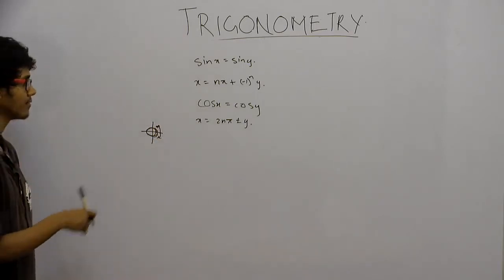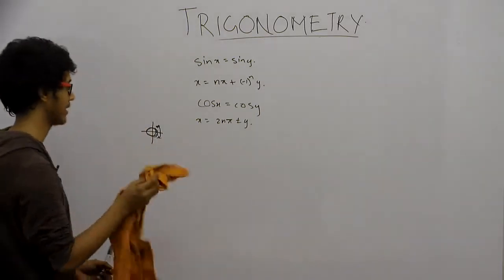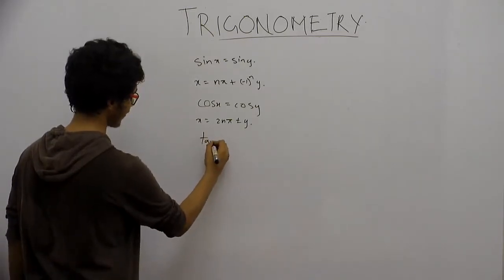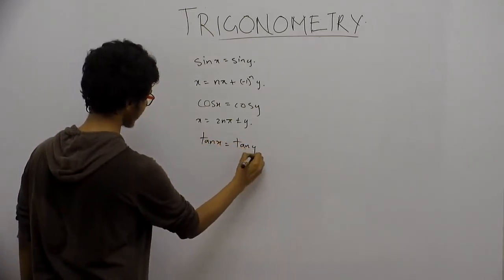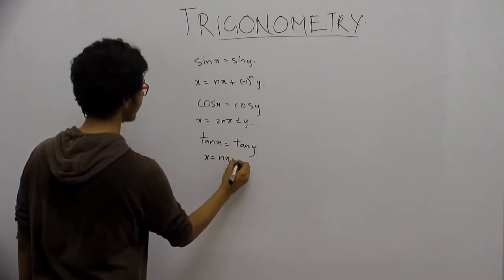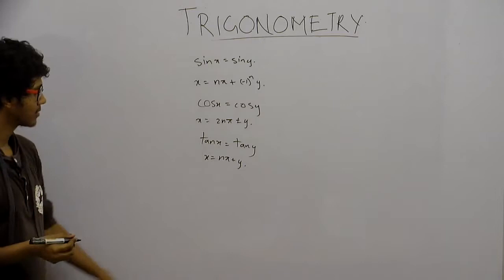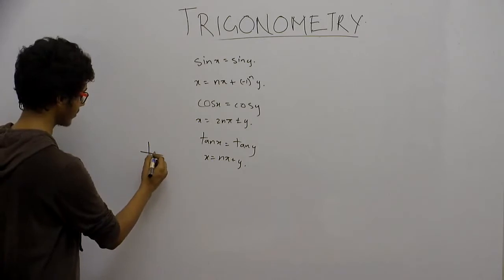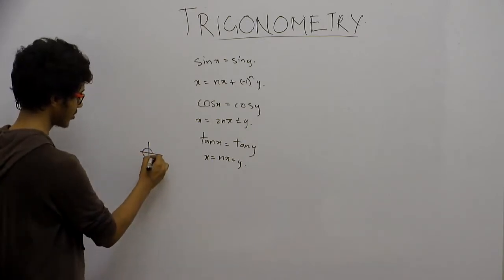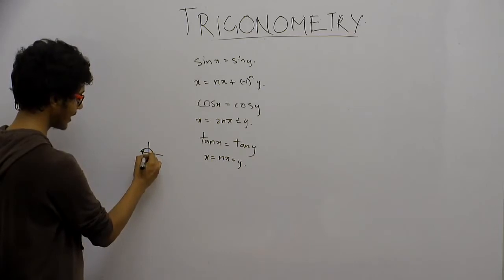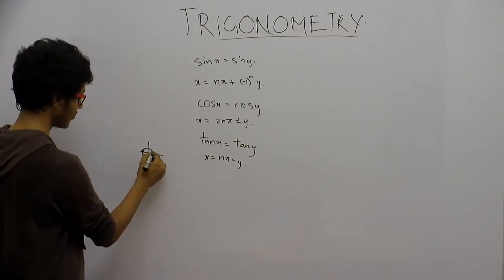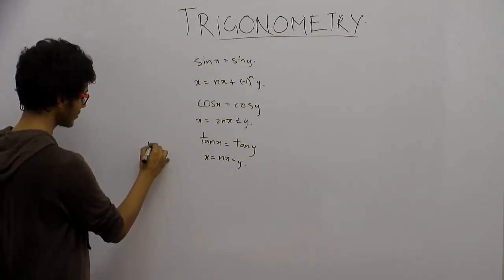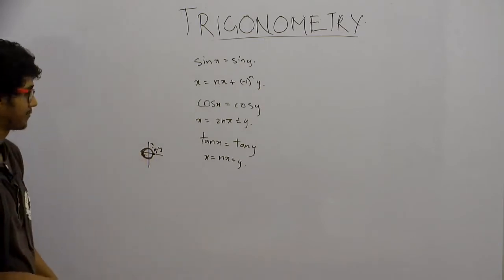Alright, accordingly we can count the number of values that satisfy. For tan x, it is even more simple. Tan x equals tan y implies x equals n pi plus y. This occurs because tan is positive in the first and third quadrant. You make any number of rotations, suppose 1, 2, 3, and then you add y. Suppose x was here, so you get y. Suppose you make 6 rotations, you add, you get here, this was x, and they are still the same. You get this?